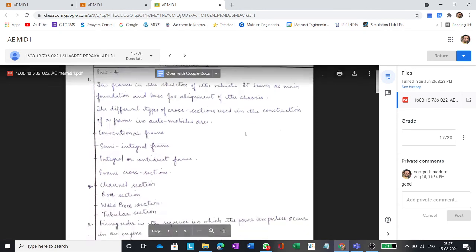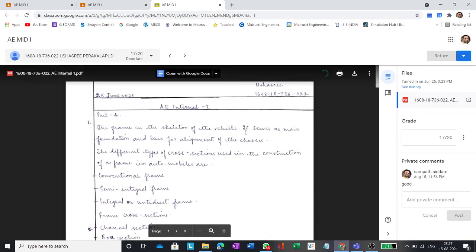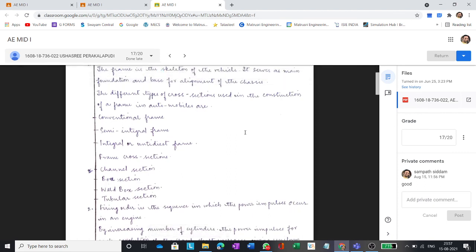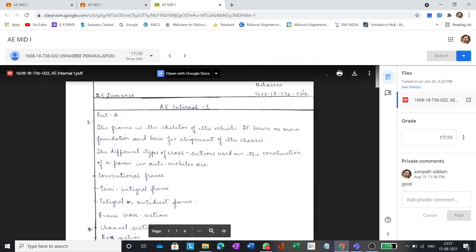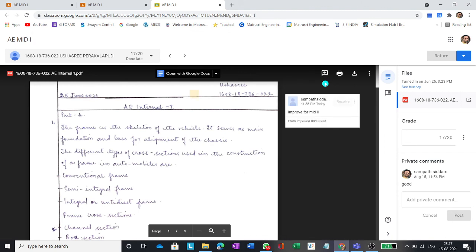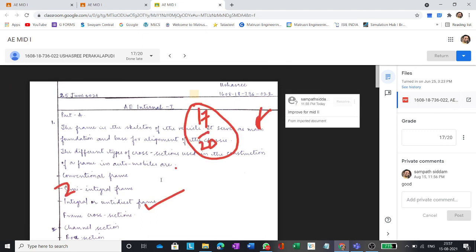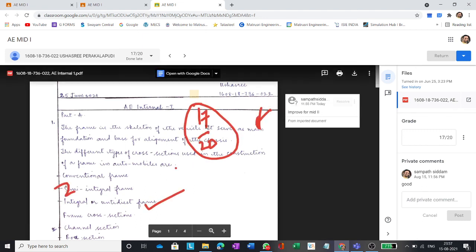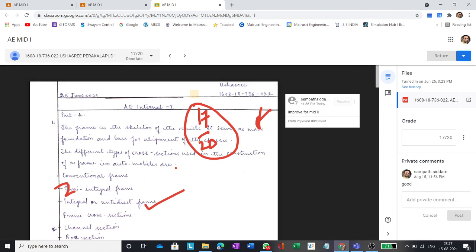It is opening. Yeah, done. So now we can see the paper has been evaluated. Whatever corrections you have done have been automatically saved.